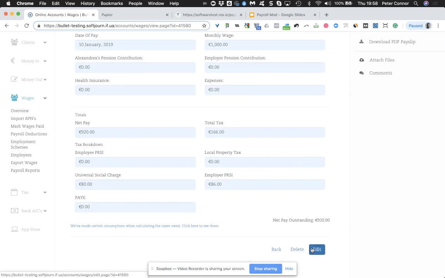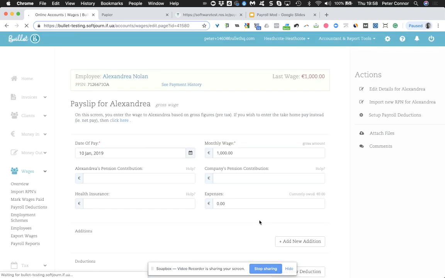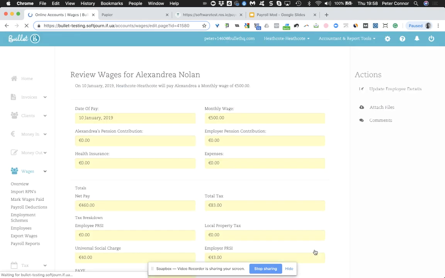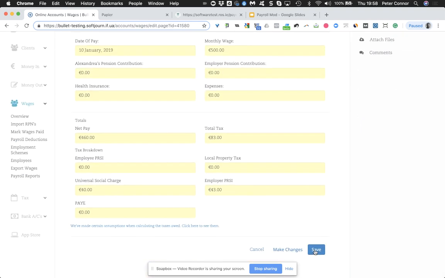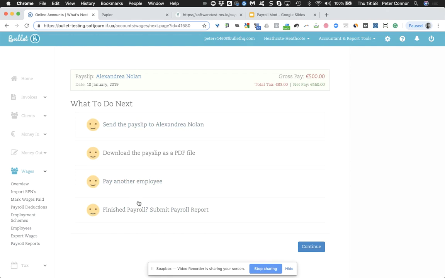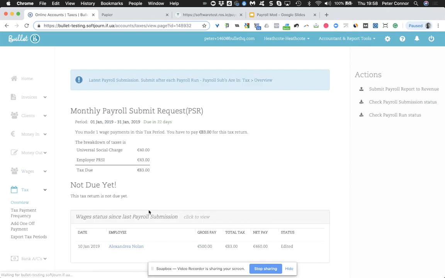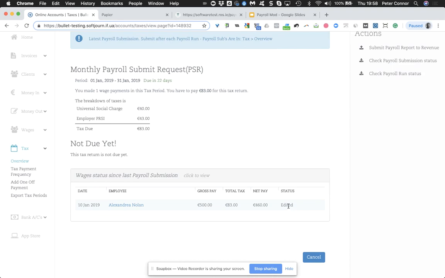This is just like normal Bullet payroll. Remember, when you change anything in payroll, we never leave it hanging, or we're going to change that to 500 because that's a nice easy number. We never leave bits that you've got to delete from journals or that. Everything is encapsulated. So we finish that and we are going to resubmit. So you see, anytime you make a change, the submit payroll option appears and you can see the status changes